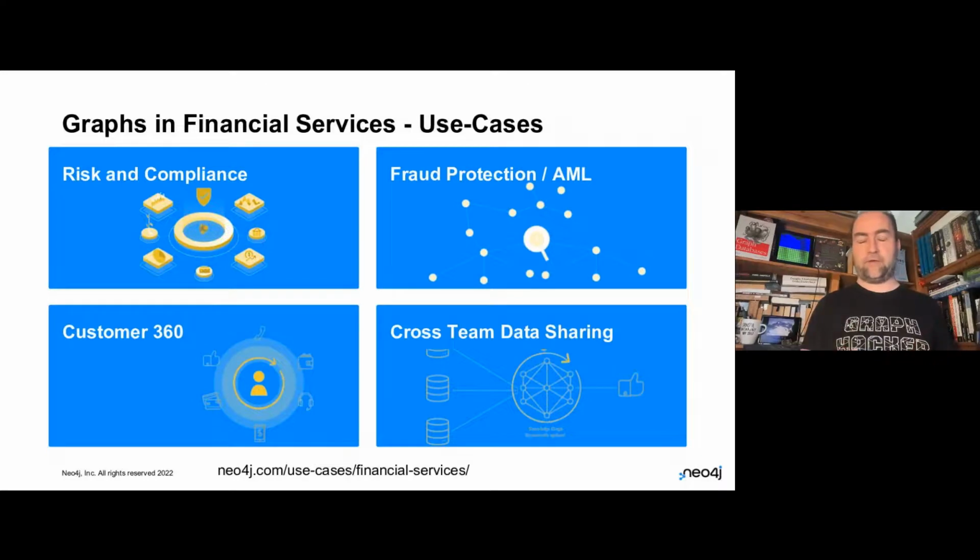And with graphs, you can also see patterns emerge, right? So you see money laundering rings, you see split transactions, you see certain accounts or certain clusters of accounts receiving a lot of money and so on. So there's a lot of abilities in the fraud detection and anti-money laundering space to use graphs to detect patterns and then automate detecting these patterns. So you get real-time AML as well,